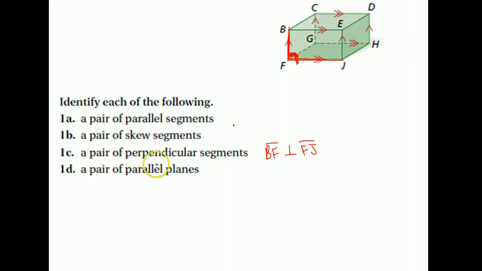And lastly, a pair of parallel planes they want me to find. Again, parallel planes are entire surfaces that will never intersect. And anytime you're dealing with a box, the top, like the ceiling in your room, and the bottom, like the floor of a room, those would be parallel. They didn't give a specific name to the plane, so I'm just going to use letters. Remember, you can name a plane using any 3 letters on the plane. So the top I could call plane BCD, and the bottom I could call any 3 letters on the bottom plane